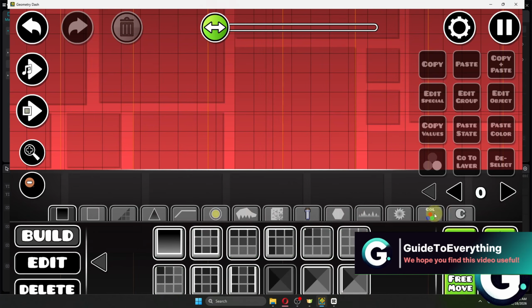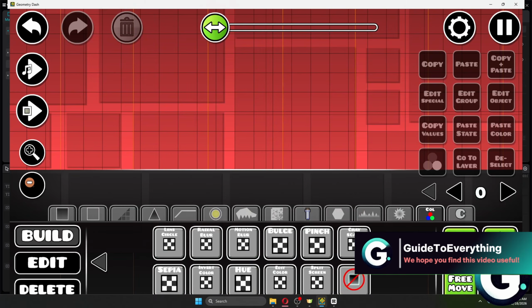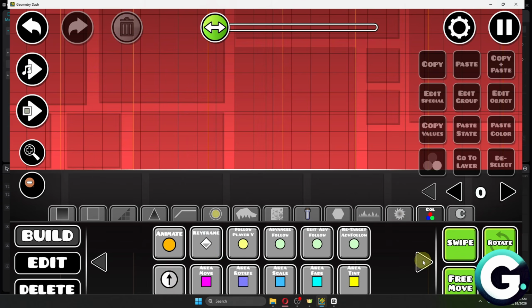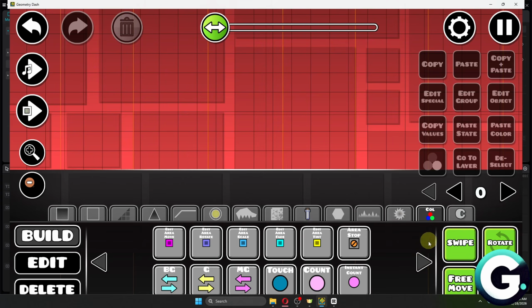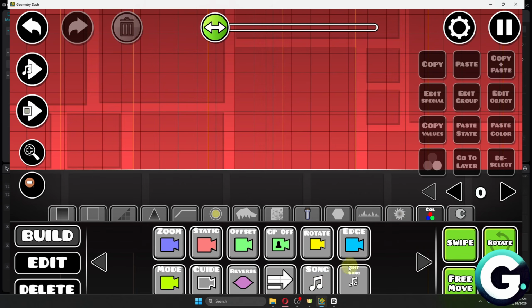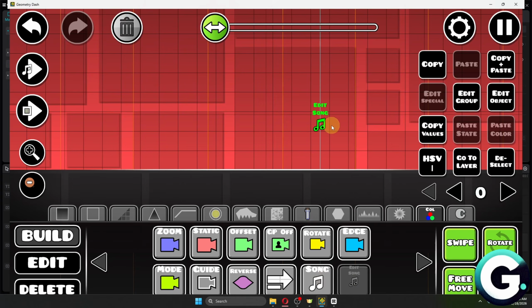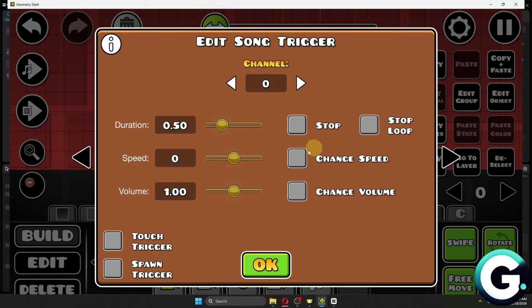Of course, the first thing that I'm going to do is to import the song trigger onto my level right here. So I'll click on this specific category. Inside, let's then look for the added song. It's going to be this one. And to use this, you can then click on the Added Objects option. From here, you have the ability to edit its properties. For example, if you want to edit your song's speed, duration, volume, stop loop, and more, you can simply do